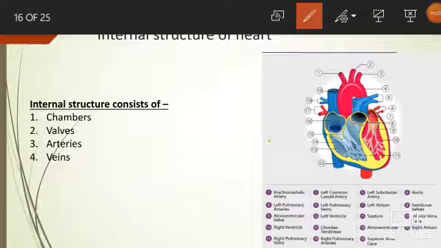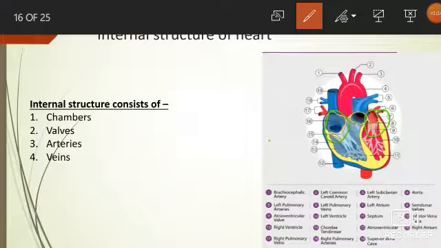The internal structure consists of chambers. As we are discussing the mammalian heart, the mammalian heart is four-chambered in nature. So there are four chambers, that is right atrium, left atrium, right ventricle and left ventricle. All these chambers are separated from each other with the help of septa, and those septa are guarded by valves. So the right atrium and left atrium are separated by an interatrial septum. As the name suggests, inter means in between, and atrium stands for the auricle region. So the septum present in between the atrial region is known as the interatrial septum, that is present in between the right and left auricle.